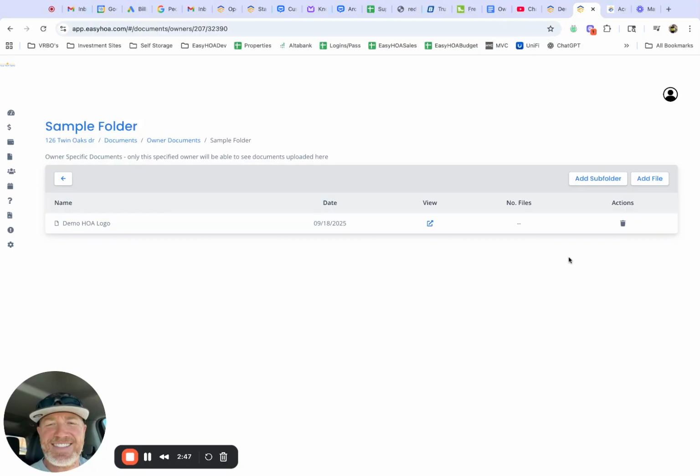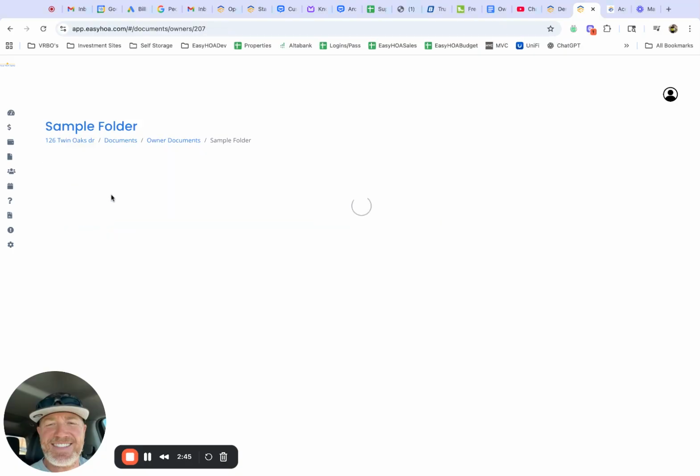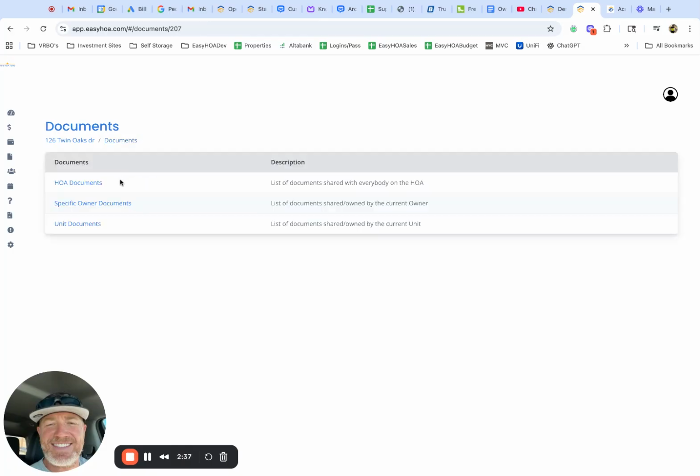Now you can also do that, as I mentioned, for unit documents as well. The unit documents stay on the unit, but the owner documents stay with the owner. So just be